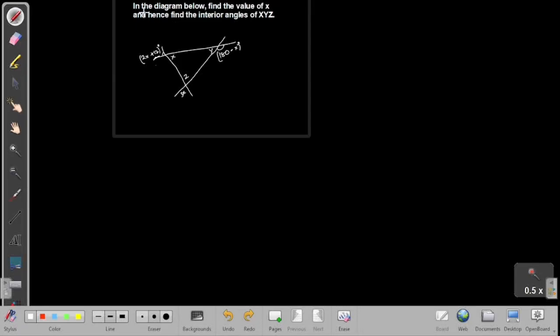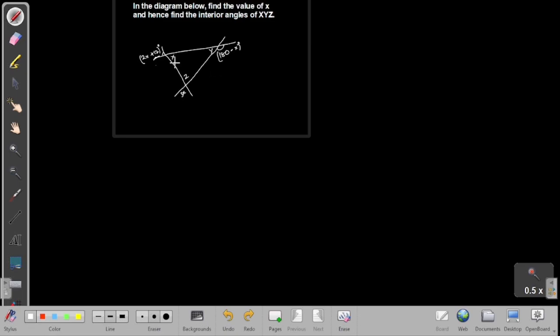All right, we have this problem to solve today, and this is a problem involving angles. The question goes: as in the diagram below, find the value of x and hence find the interior angles of x, y, z. So, where are the interior angles? Interior angle means that the angles are inside. You agree with me that x is inside, this y is inside this triangle, and this z is inside this triangle. Then we have some external angles where